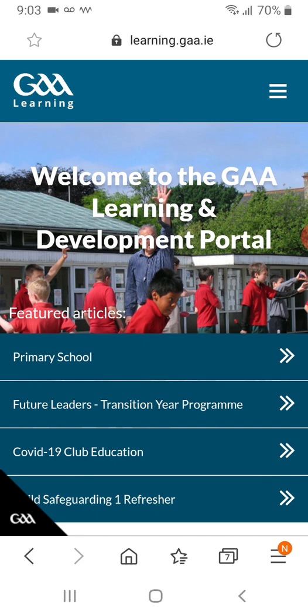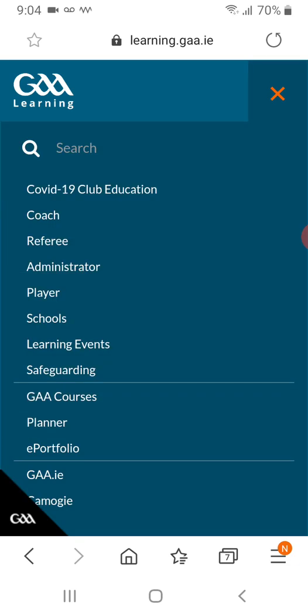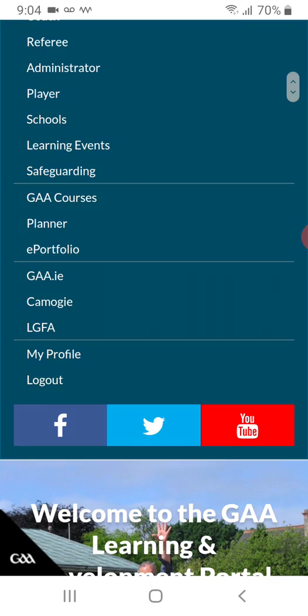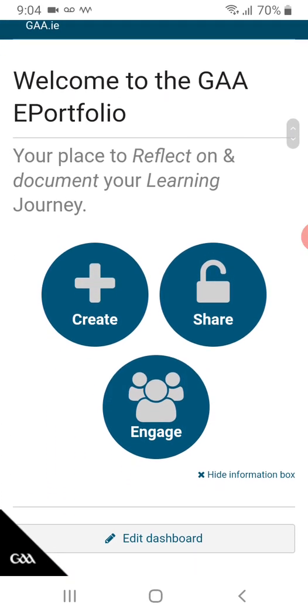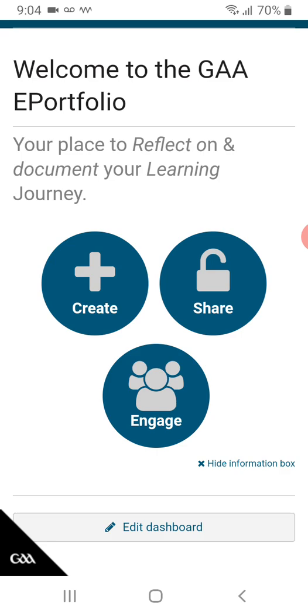So the first thing to do is you go to learning.ga.ie, log in, and then on the top right hand side of the screen you'll see that there's three white lines. Press that, scroll down, click ePortfolio. Alright. When you're on this page then you'll press create,